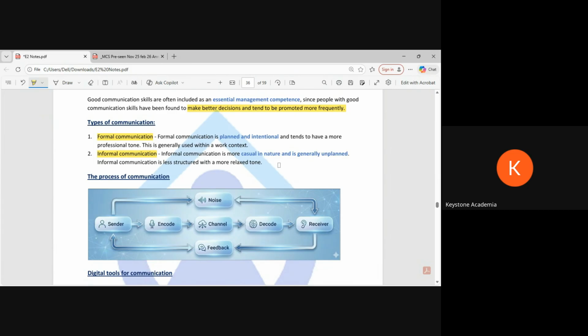Informal is more casual in nature and generally unplanned, let's say WhatsApp or a text message. They have a more relaxed tone. Both are very important, especially in the team, like we discussed in the previous chapter. The team leader and the management need to be more informal. Then they can easily break the ice. What is ice breaking? When somebody meets another person for the first time, they have a little bit of constraint. They don't want to open up, and once the ice breaks, it's easy to gel and easy to open up.